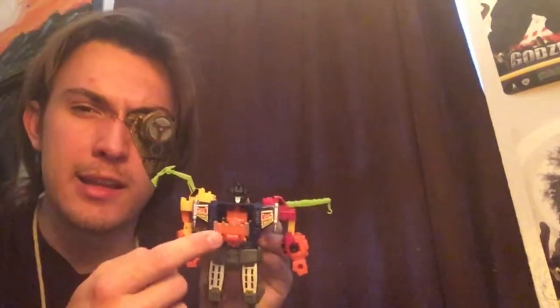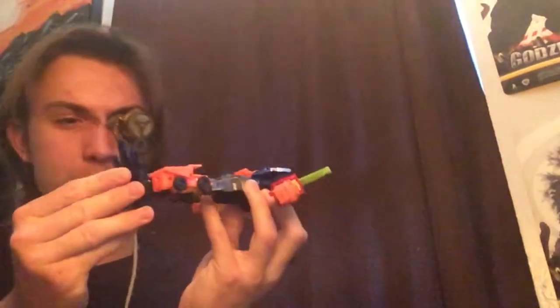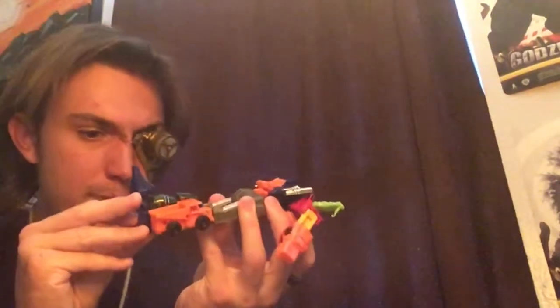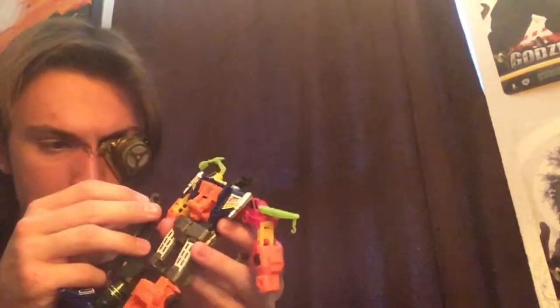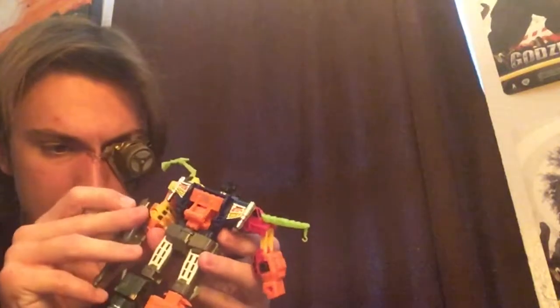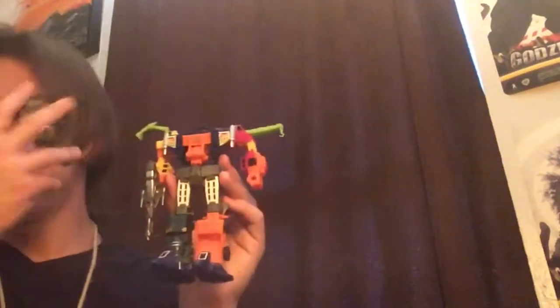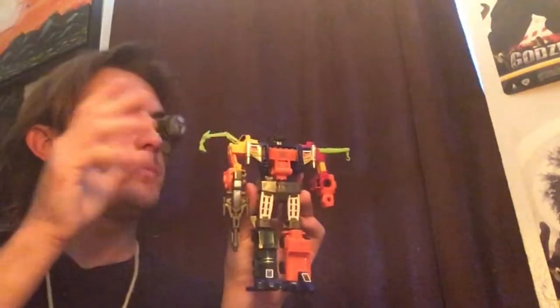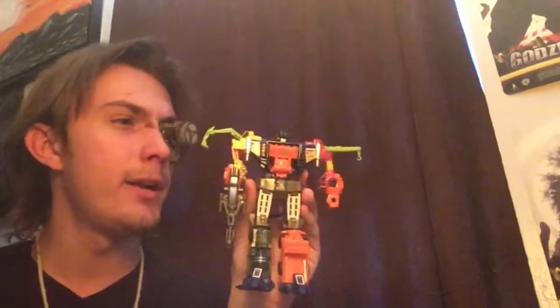And then, of course, that little moment when you put this guy in and then you flip it up, it just rocks. This guy's so much fun. I love this toy. And then the feet, of course, they just do the same thing they did before. You just plug them into the rear peg on the butts of these two. And then you grab the gun and you just plug it into the fist. And there you go. So that has been all for the review of the Chinese Combiner Knockoff